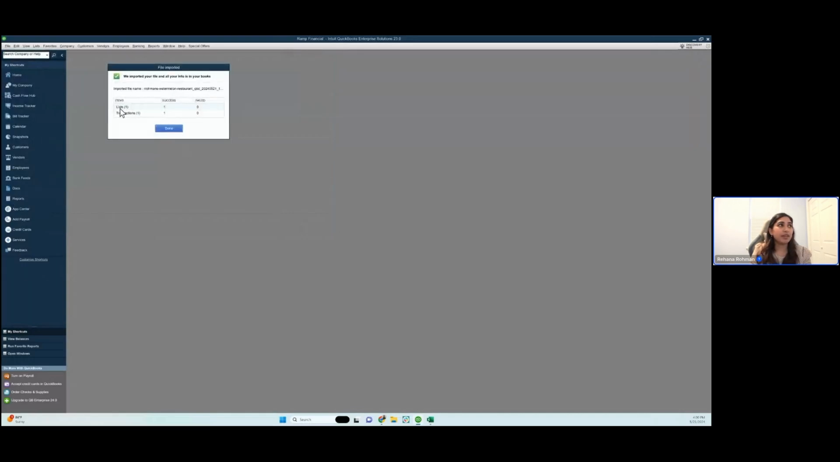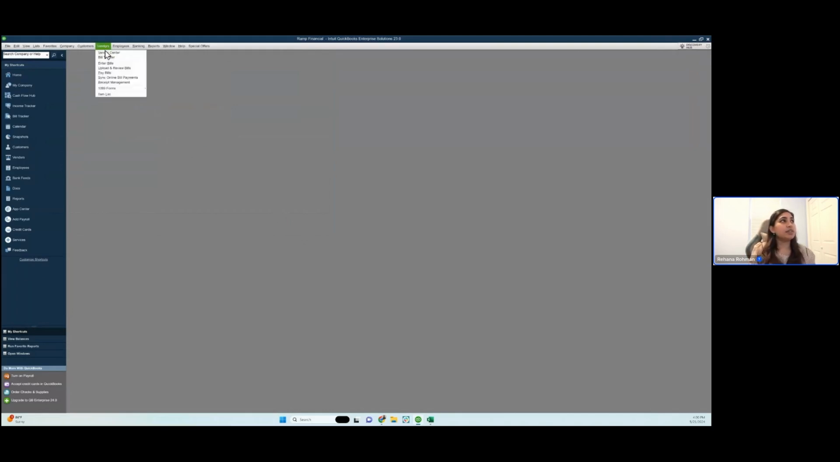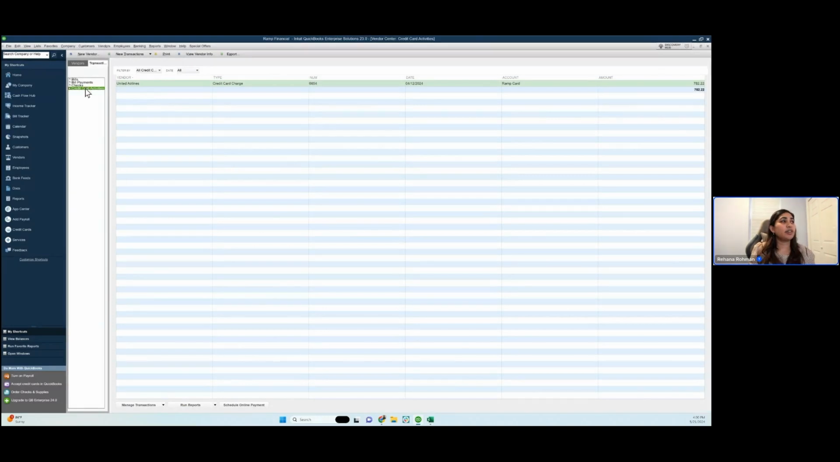And there you go. So the list will be the vendor, transaction will be the transaction itself. You can click Done. And the best way to see that transaction is it's going to your vendor center. So you could go to vendors, vendor center. Let's expand this. Under credit card and activities, if you have multiple, you could filter for Ramp card if you'd